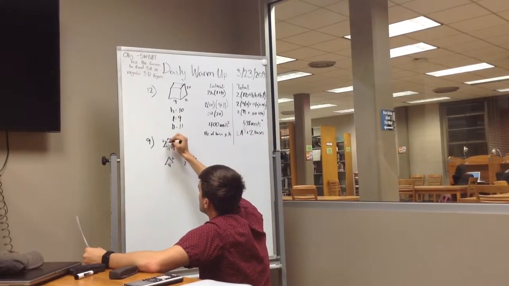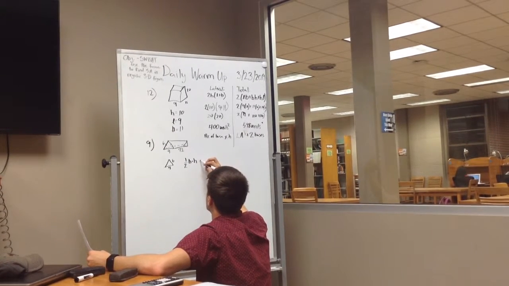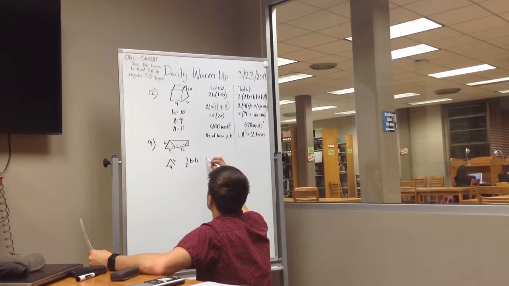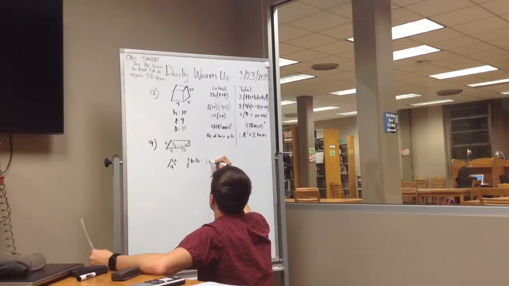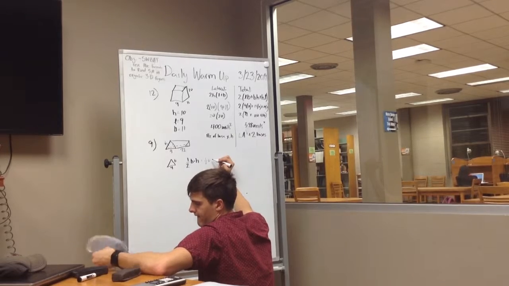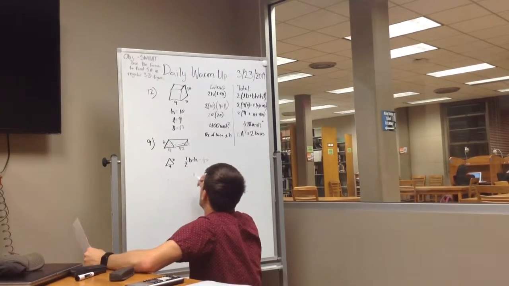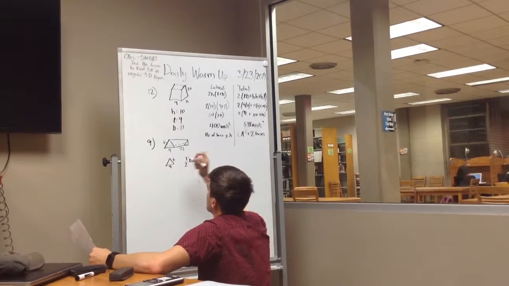Now, 1/2 base times height means that this equals 1/2 of 6 times... I apologize, let me back up. If we were to